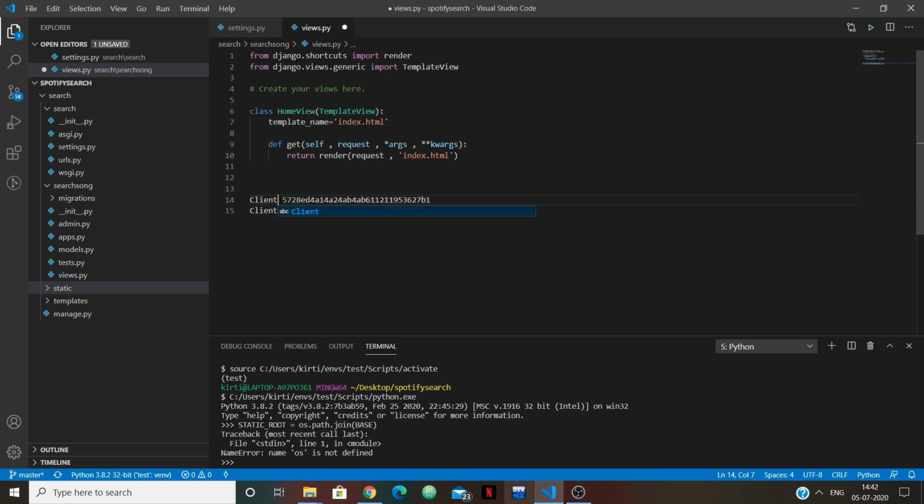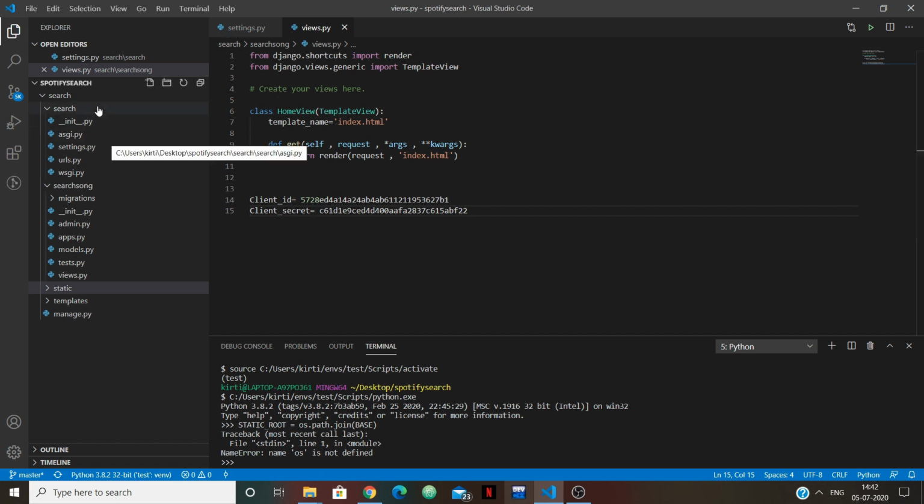This is the client underscore ID variable, which is equal to my client ID, and this is the client underscore secret variable, which is equal to my client secret. Okay, and this is basically like the keys from where you are going to fetch the metadata.